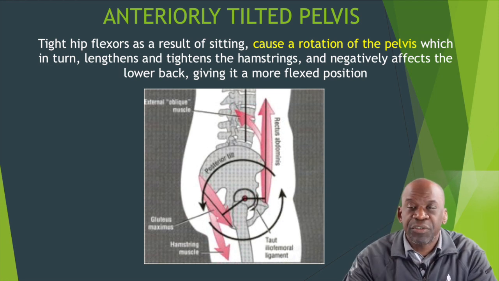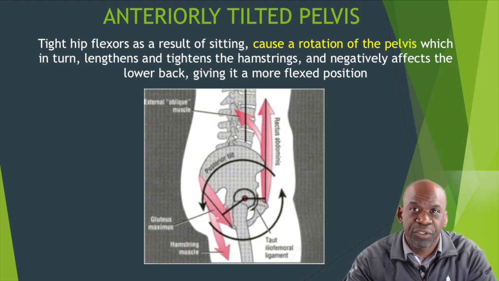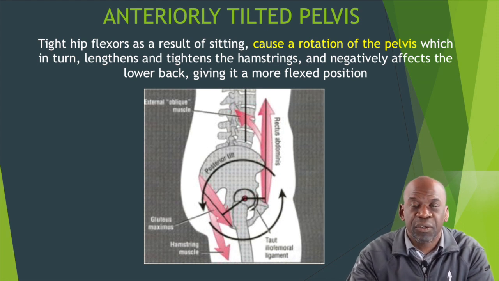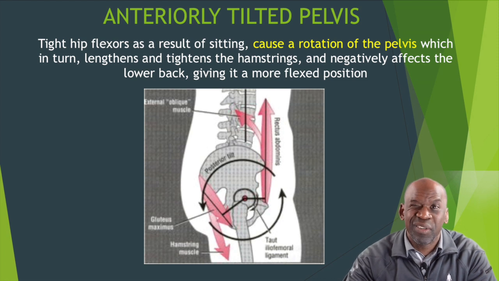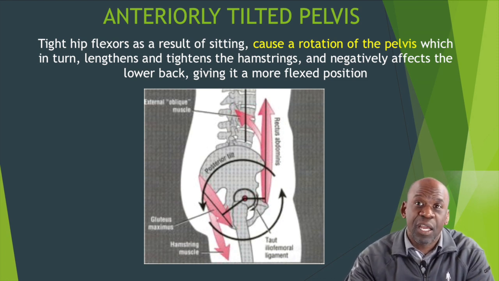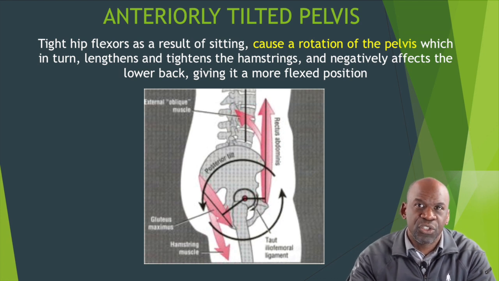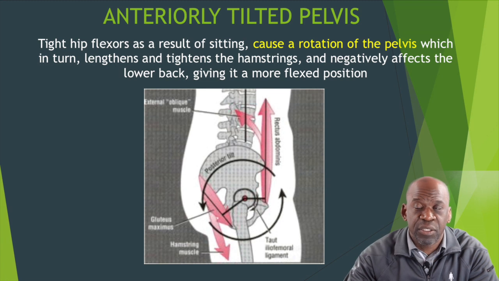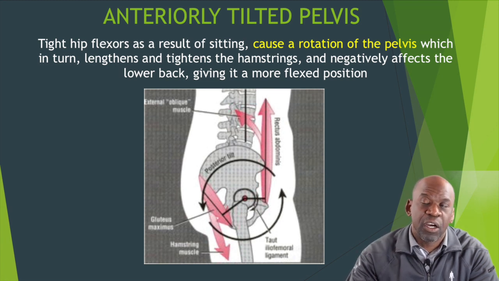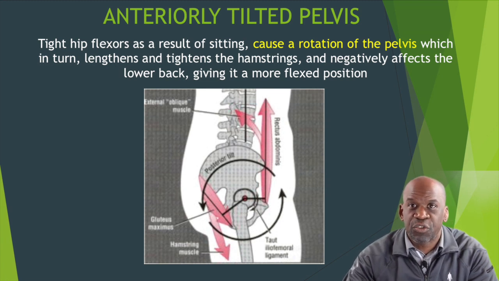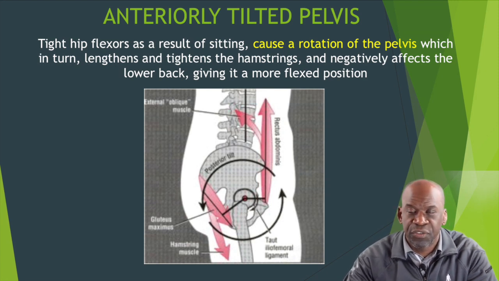Interestingly enough, patients are often taught to stretch the low back muscles because their low back muscles are tight. However, we see here that this is not really the problem because these muscles are already stretched. These muscles need to be shortened and they need to be strengthened, whereas the hamstrings and the hip flexors are the groups that need to be stretched in order to address this constellation of symptoms.